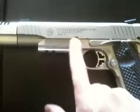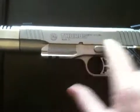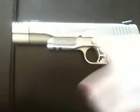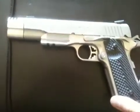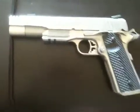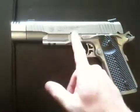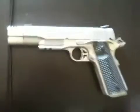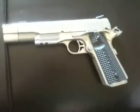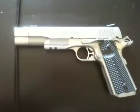Moving on, I polished the inside of the slide, and also on the rails, and also the rails on the frame. Just thought it might help the performance of the gun a little bit. And then when I first got the gun, it was stove piping and had a few jams. And rather than being patient and putting rounds through it like you would normally break in a weapon,